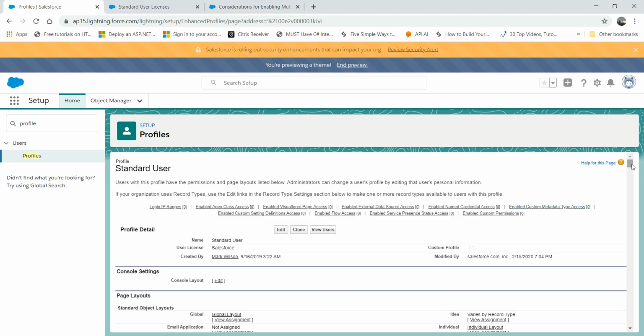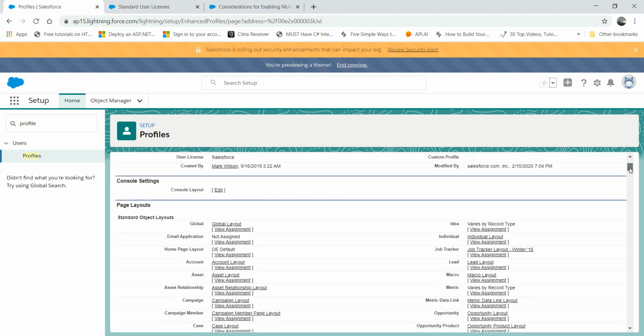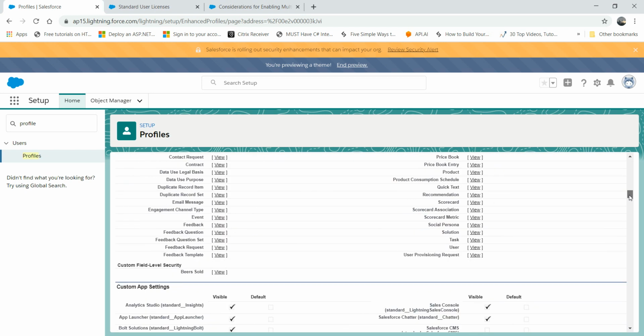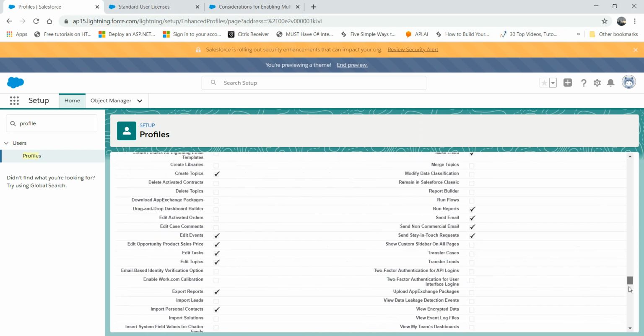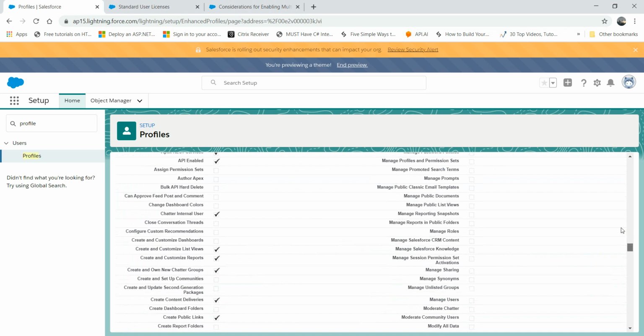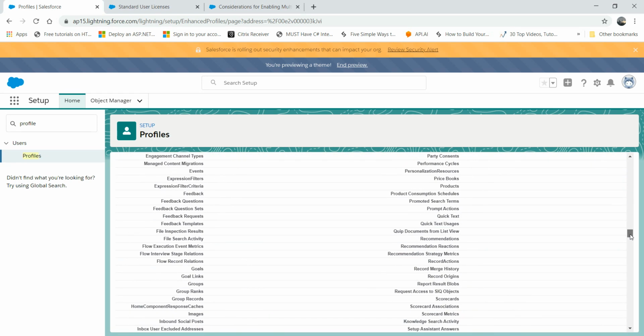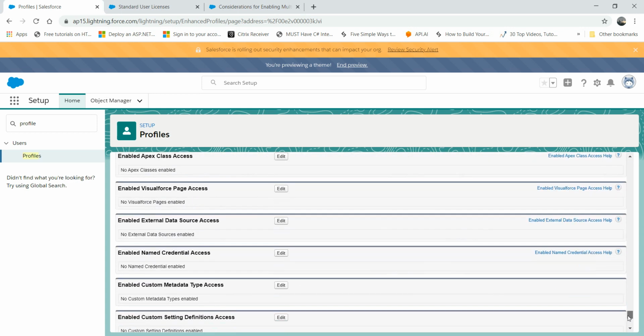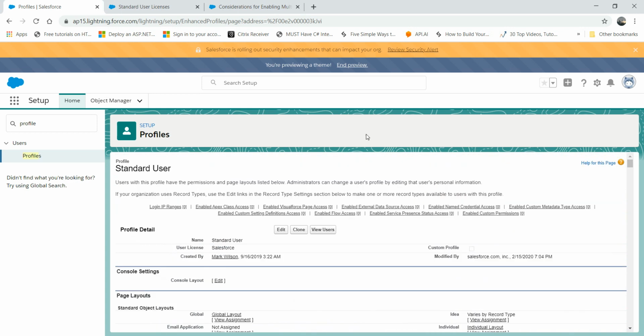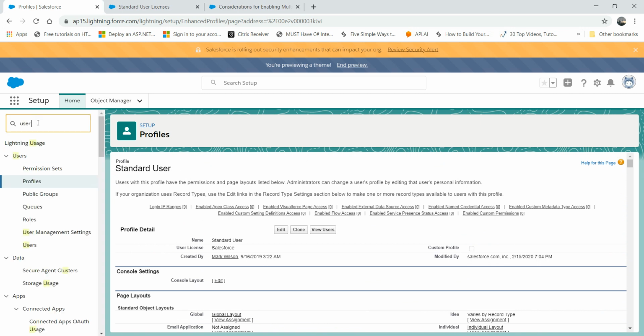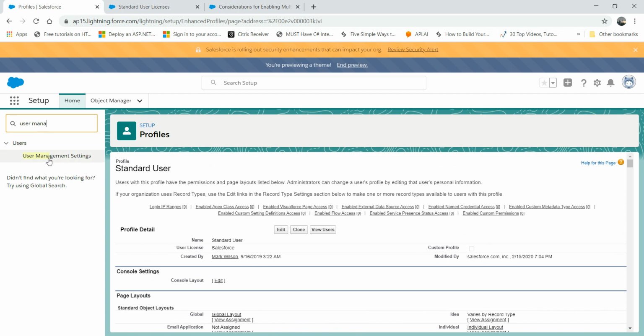Now you see everything is a bit clunky, right? Page layout is like one full length of information. It looks a bit messy, unorganized, right? I mean, I'm not a fan of this interface. Some people are. I'm not going to judge anyone. It's their preference, right? So let me go back to user management settings,